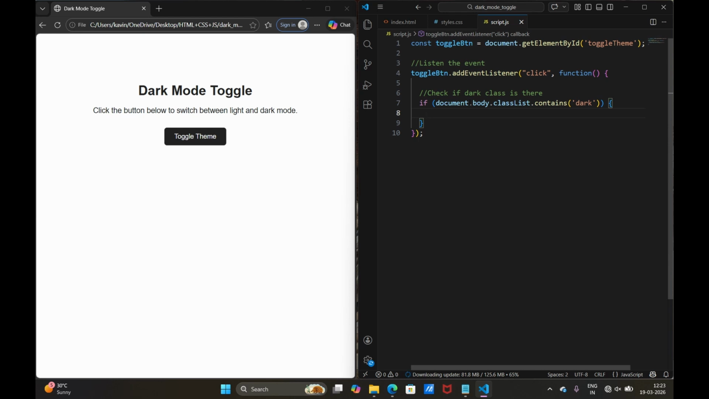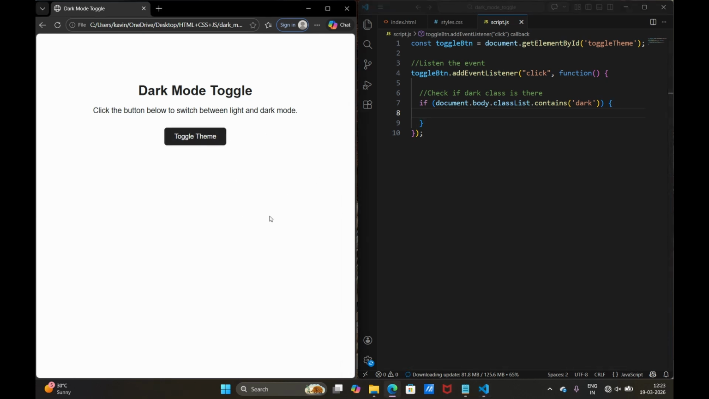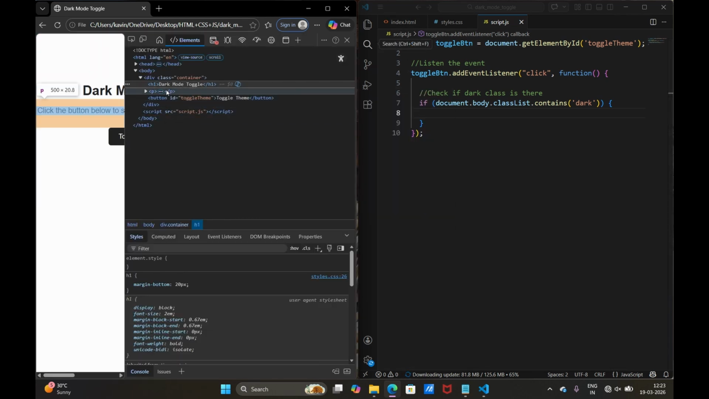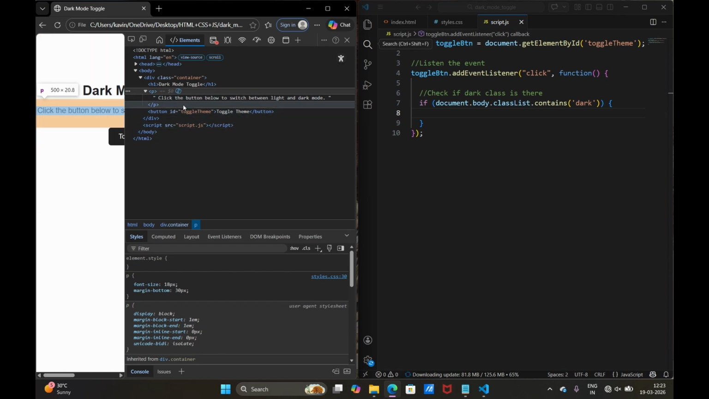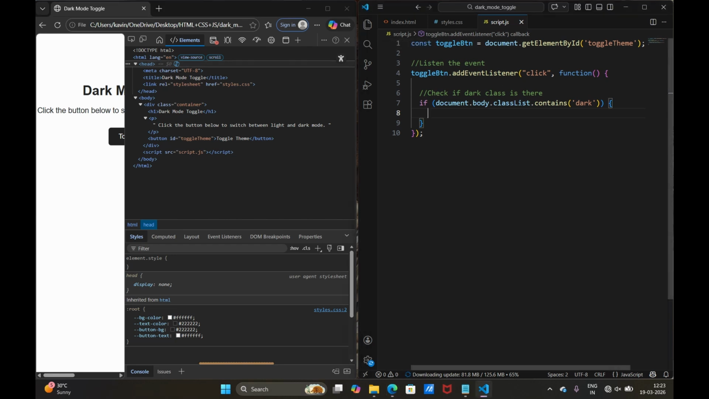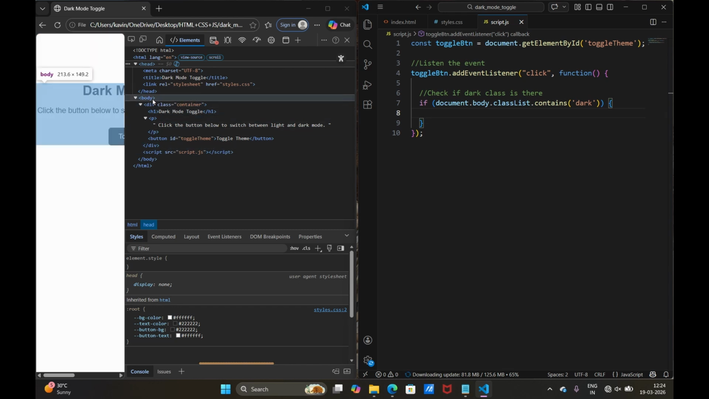What it means is, if the dark class is already present in this page, and in the console, you can see in the body we have no class here. When the class dark is present, that is what I am writing here. When the dark class is present in the body's class list, if that is present,